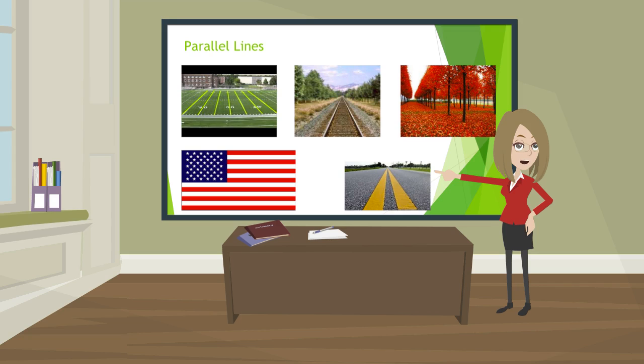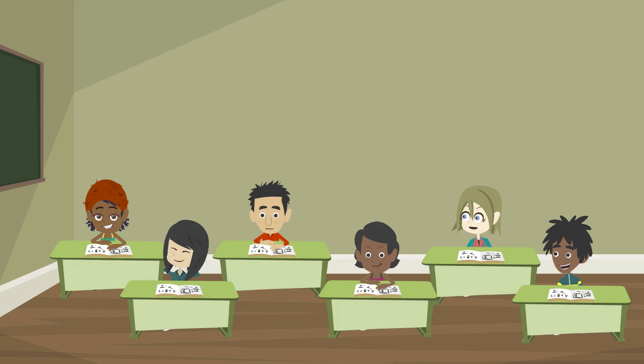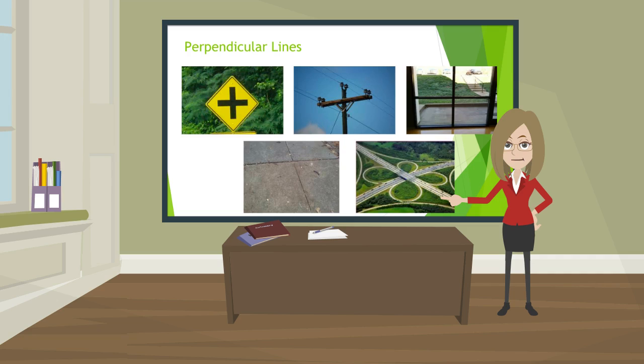What do you think perpendicular lines look like? They cross each other. They make a right angle. Good observations. You can see that all these examples of perpendicular lines do cross at right angles just like you